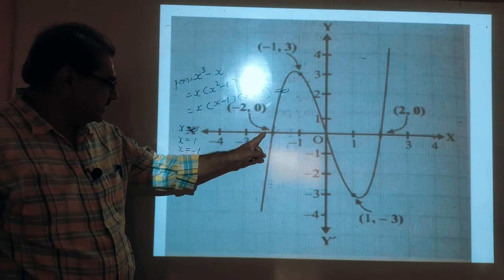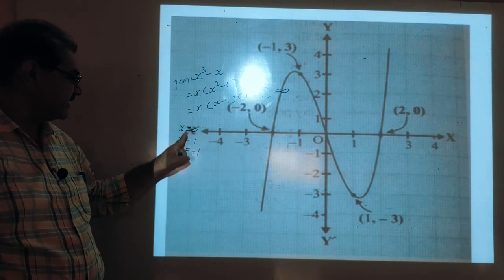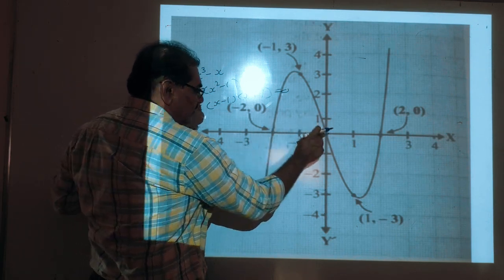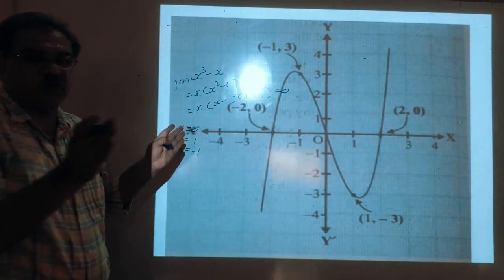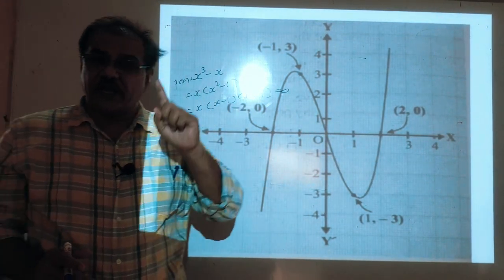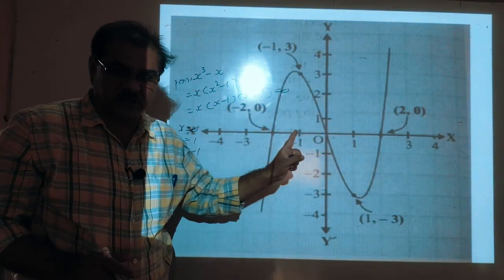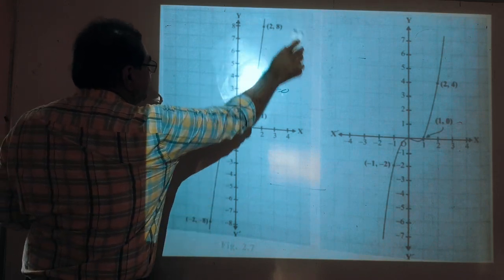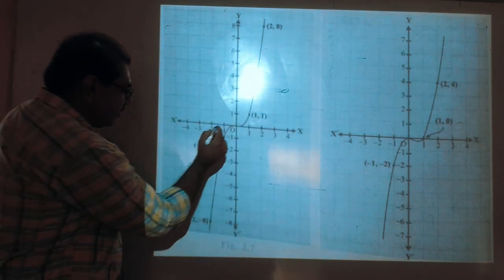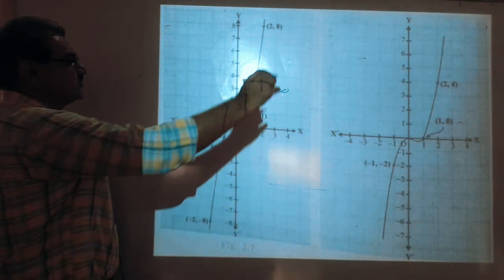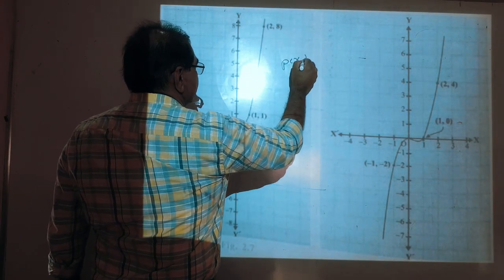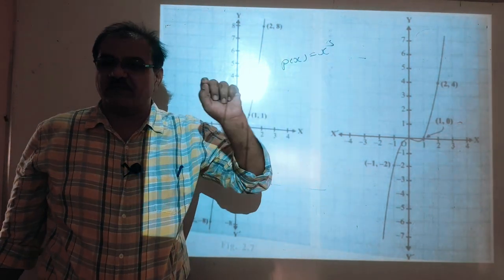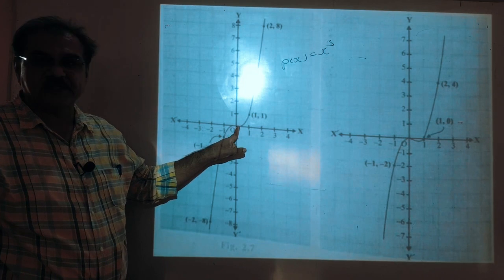So here it is intersecting the x-axis at minus 1, 0 and 1. So it is giving 3 solutions. Degree 3, so at the most it can have 3 zeros. Here it is taking all the 3 zeros. Next picture please. Here you can check, though it is degree 3, it is giving only 1 zero. So the equation should be of the type p of x is equal to x cube. Though it is degree 3, x is equal to 0 is the only solution.